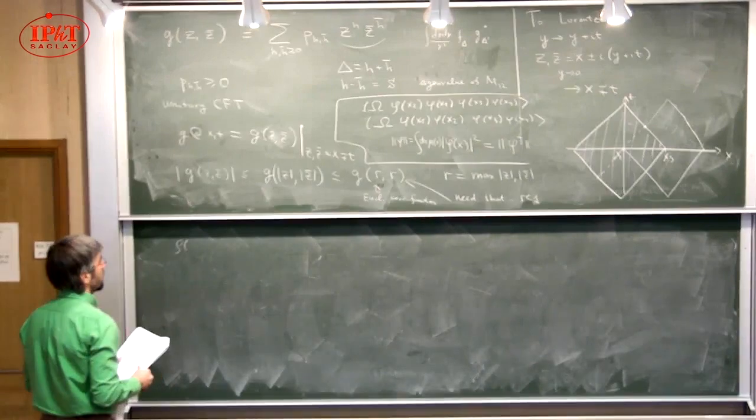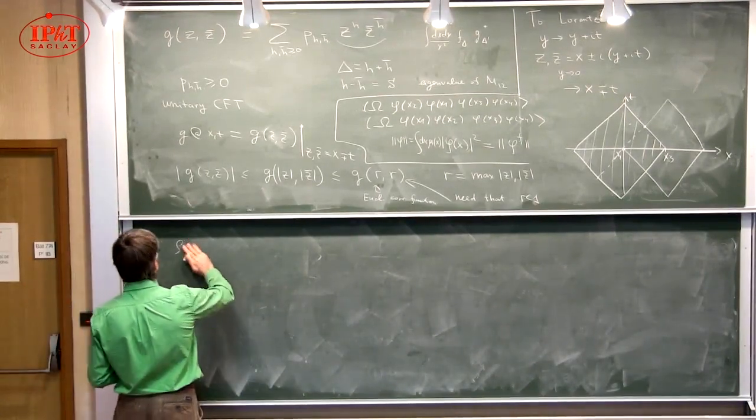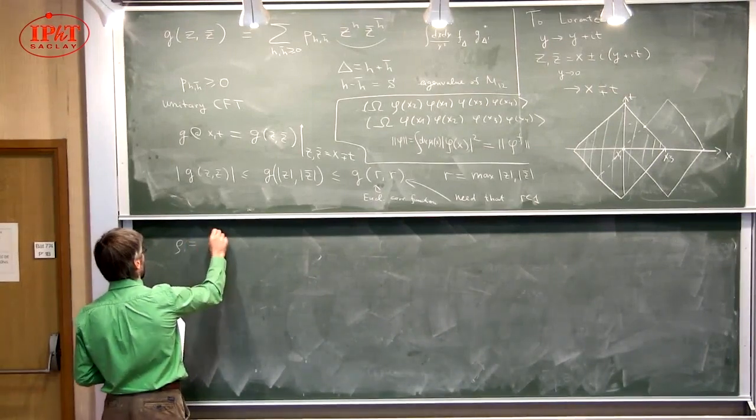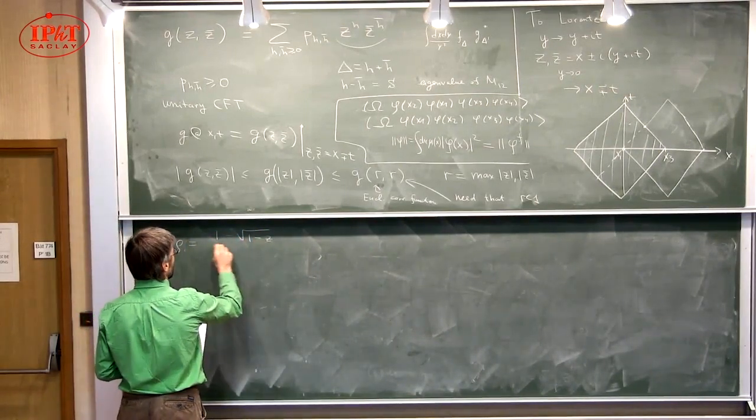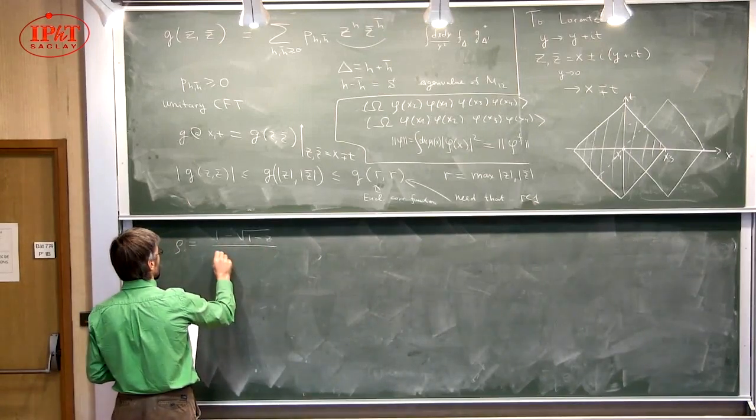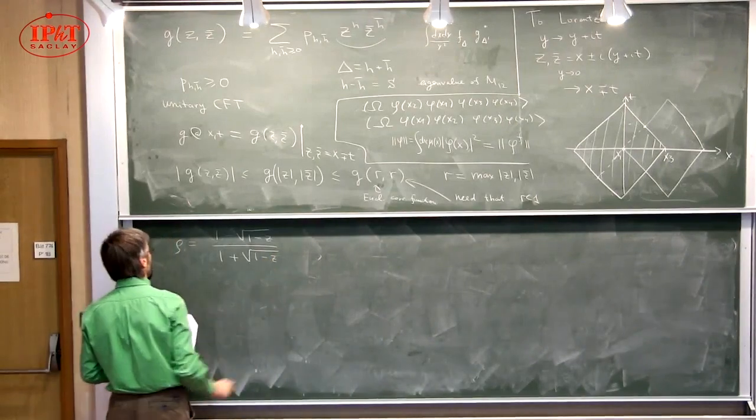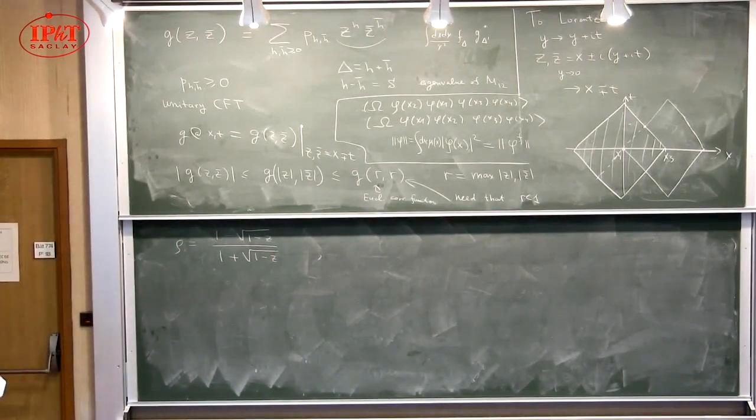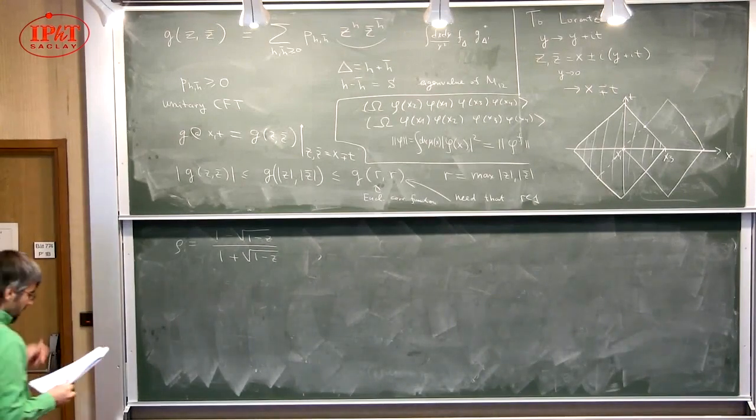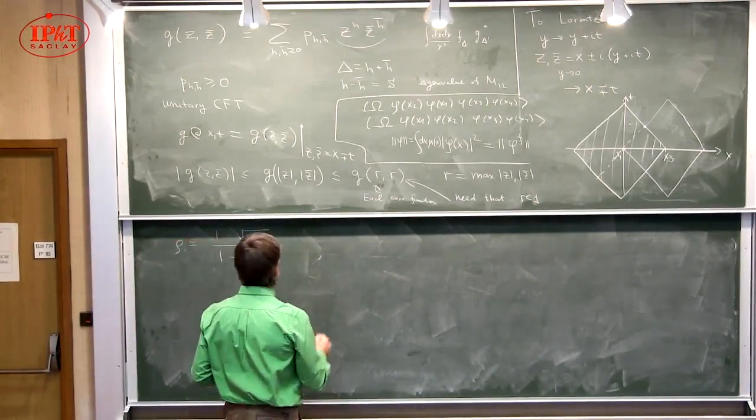This rho coordinate is related to z by a certain formula which I'll just write down like this: 1 minus square root of 1 minus z, divided by 1 plus square root of 1 minus z. And there's a similar formula for rho bar in terms of z bar. Now, why is this an interesting coordinate? Because